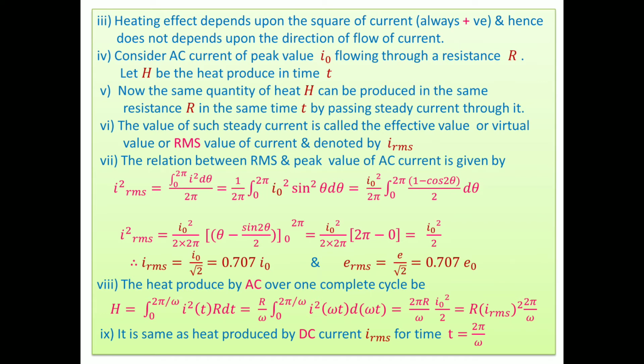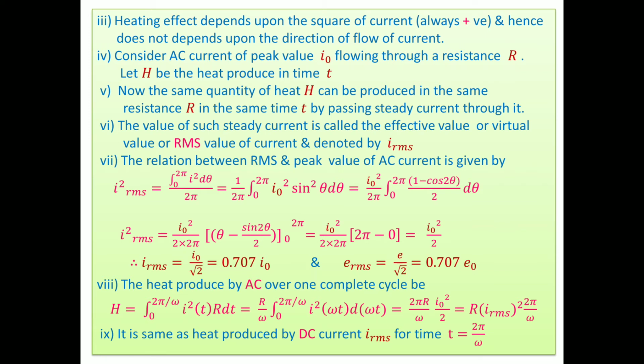Thereafter, this AC current is replaced, meaning the source is replaced, and we use a DC source. It sends a DC current or steady current through the same coil of resistance R up to the same time t, and produces the same heat H. Understood this? Instead of AC, it is replaced by DC, which is measurable. But the effect or heat produced by AC as well as DC are the same in the same time through the resistance R.